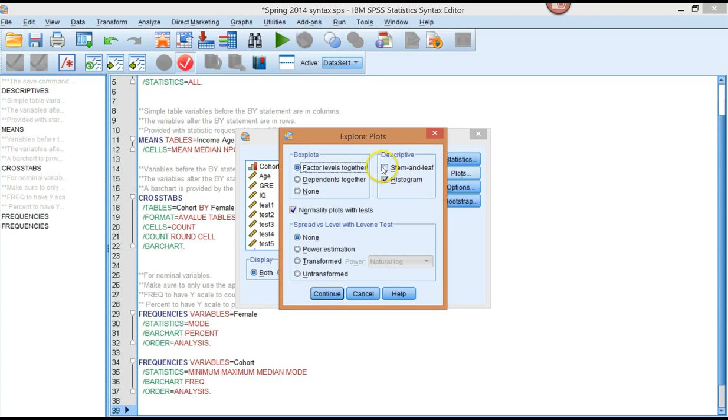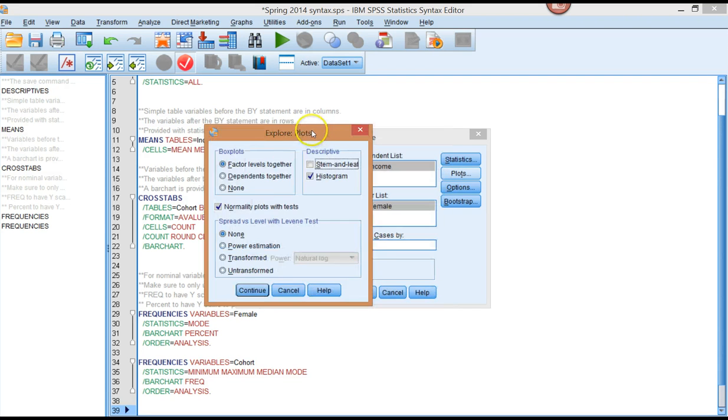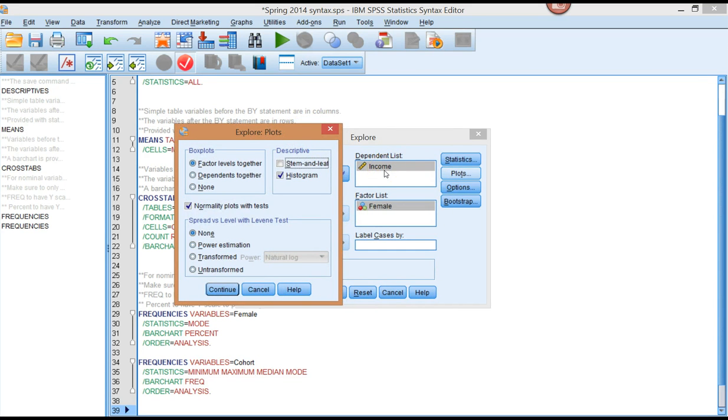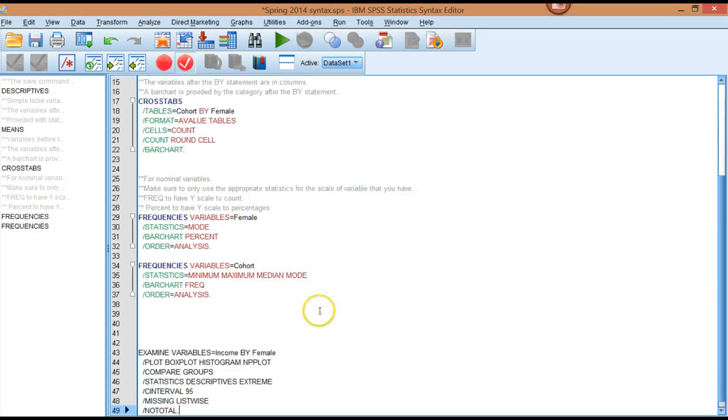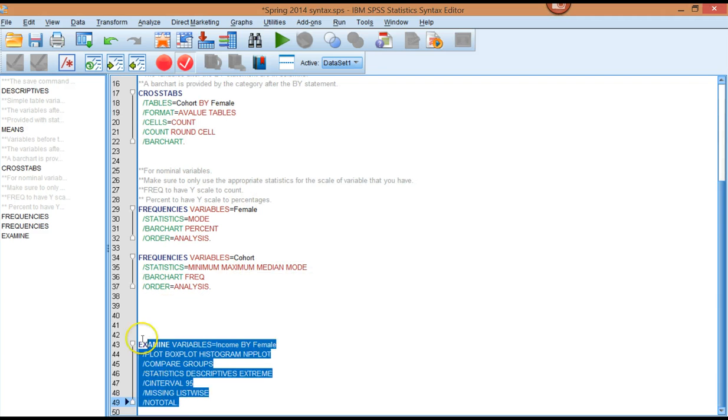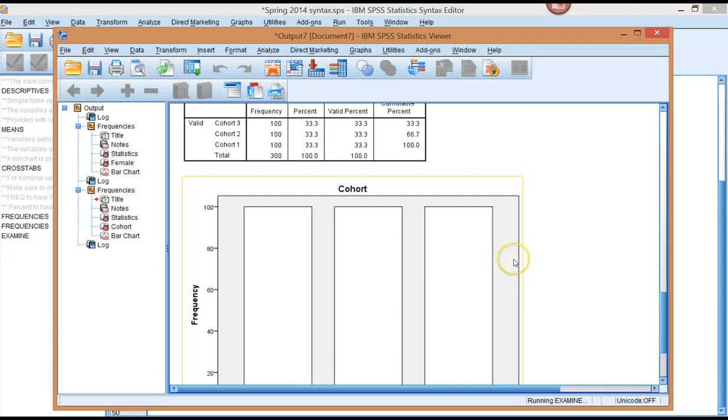And I don't want a stem and leaf plot, so if you have that checked, go ahead and uncheck it. I do want a histogram, and I can ask for a histogram because our dependent variable income is intervally scaled, and I want normality plots with the test. If I only wanted the statistics versus the plots, then I would select whichever one I want, but I want both. And so here's the syntax that I get, and I'll go ahead and annotate that as soon as I show you what that is. So we have our syntax. We can run it,